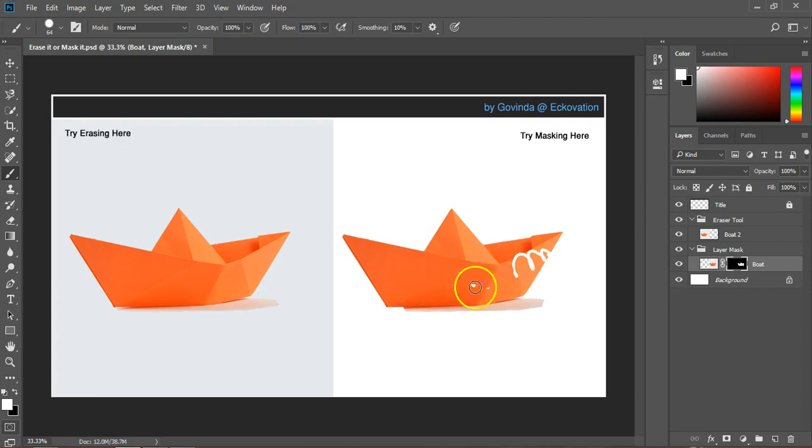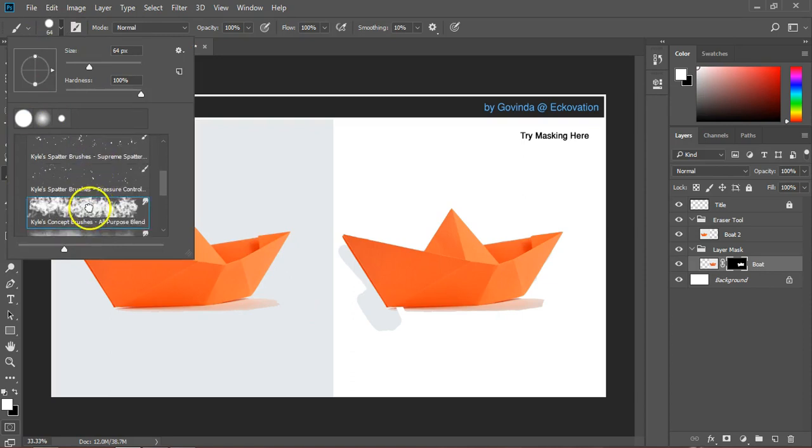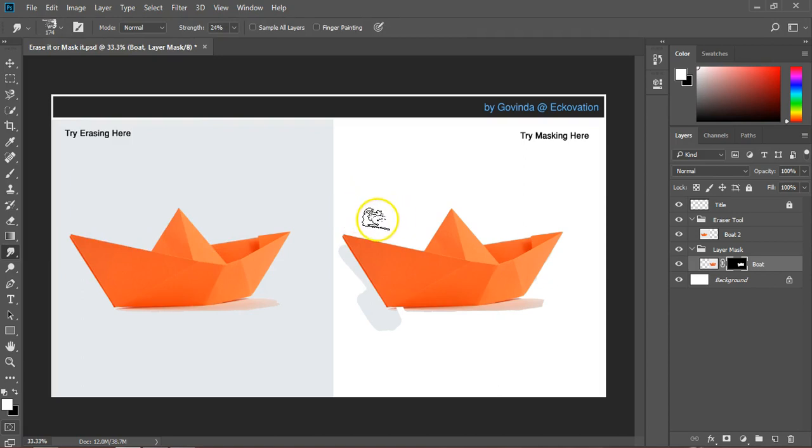Now in case you don't get the white color on foreground after the swap, then choose it. Now you can also use another conventional brush preset to reveal some part of the background to create a nice effect around the image. Press X again to swap the background and foreground color to hide the unwanted effect we created. This way you can make and unmake beautiful changes to a canvas in a nondestructive manner.